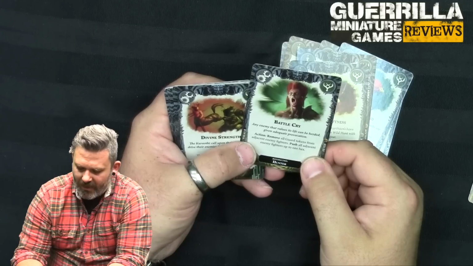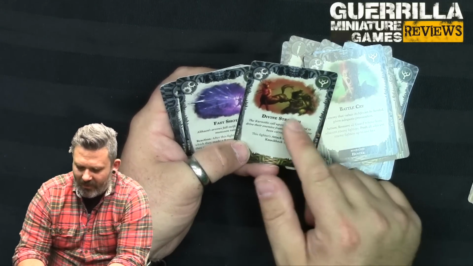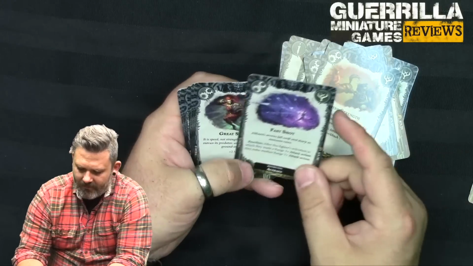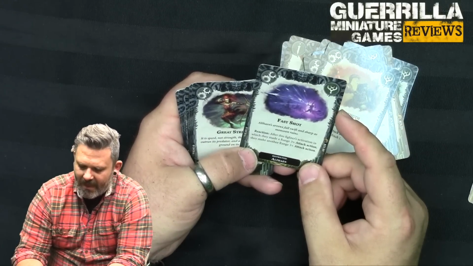Push all adjacent enemy fighters 1 hex. You shout at them and scare them. I like the art on here as spoilers for some of the other factions too. That's clearly a Blight King. Divine Strength: the fighter's attack actions have knockback 1. Fast Shot: after this fighter's activation in which they made a range 3+ attack action, make another one, and this